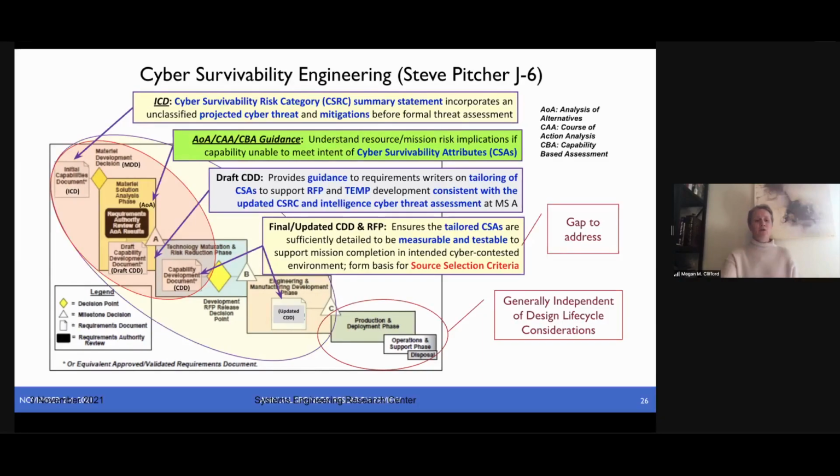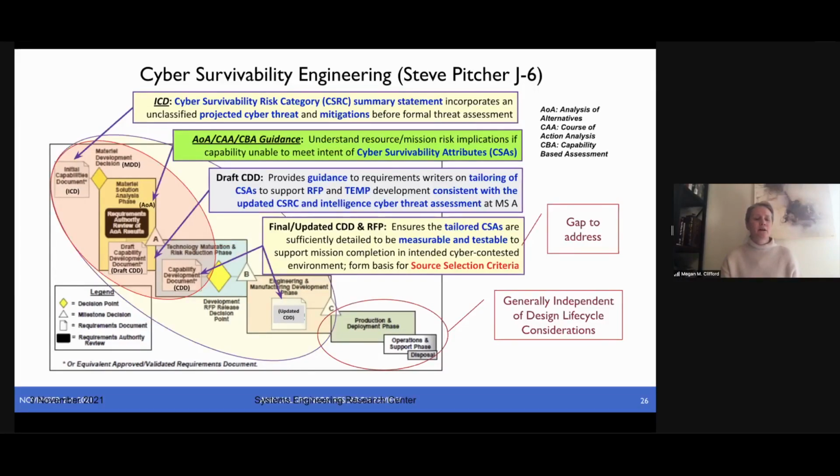So what we're looking to do, and where a huge gap is to address as well, is right at the beginning in the ICD, then folding into the analysis of alternatives, but then too specifically to the draft capability development document, which is to understand those resource and mission risk implications of capabilities unable to meet the intent of the cyber survivability attributes,